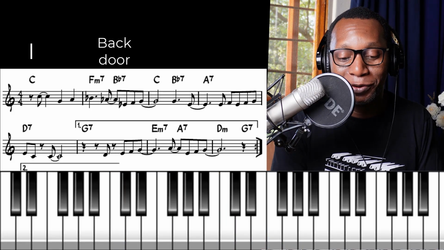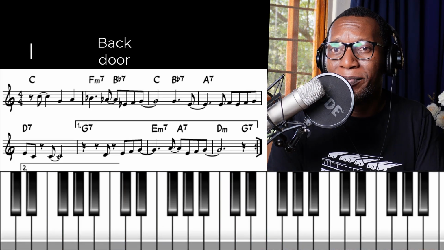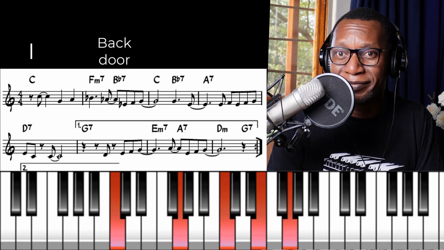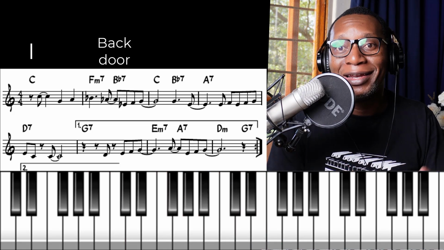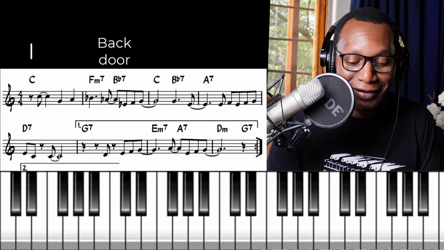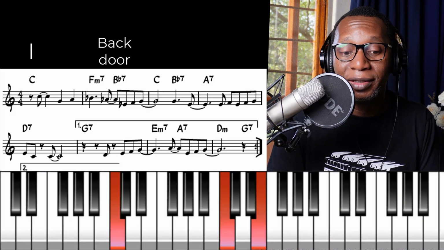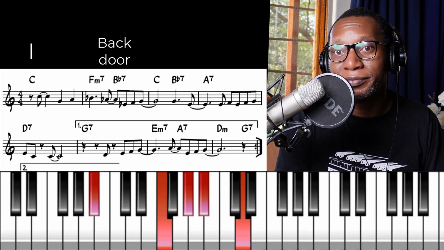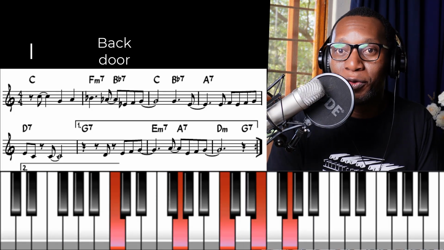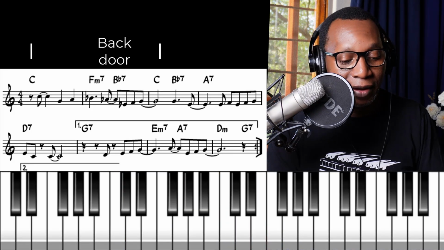Okay, and it's back door especially because of that flat 7 chord there. So if we analyze the structure of our song, in the first measure we are playing chord 1, then we go through the back door and then back to chord 1. Okay, and it's a 2-5